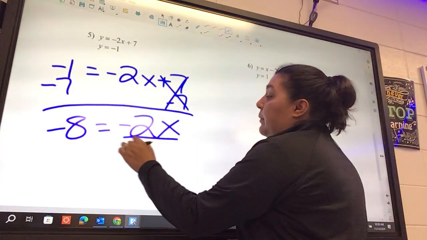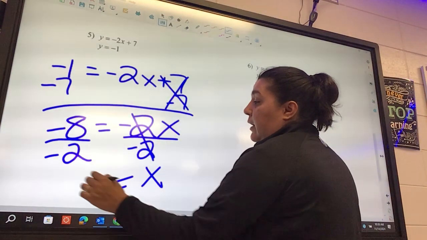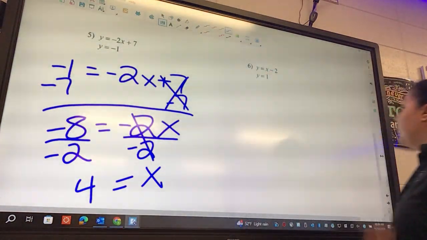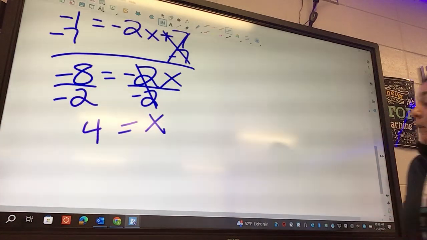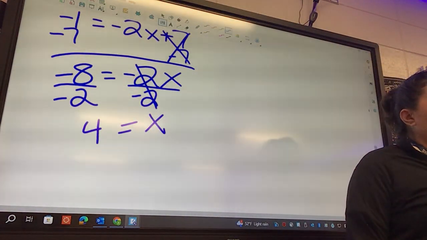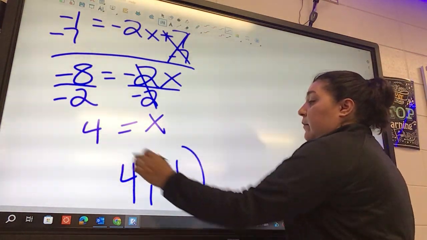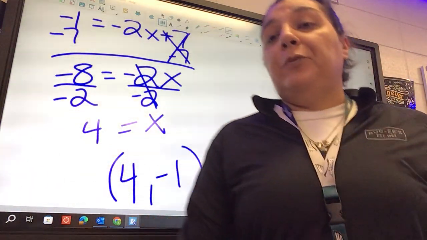Okay, and then divide by negative 2. So we're gonna get x equals 4. So what is gonna be my coordinate? 4 for negative 1. Okay, you guys got 3 of them to do on